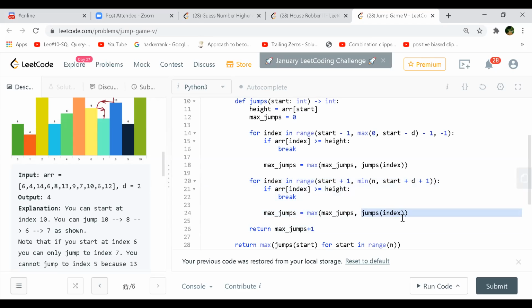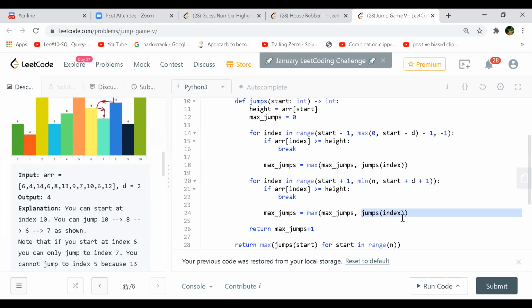So even if you look at this DP function, it is not a normal one, even though it appears to be. There are two things. One is you have to do from your current index to the right side, and the other is from the current index to the left side. So we have two parts to do first, right?